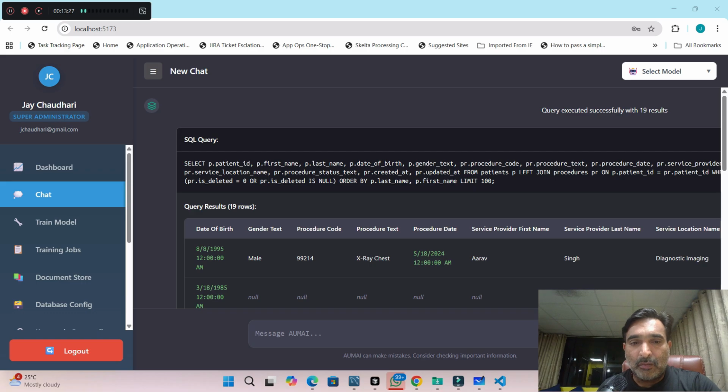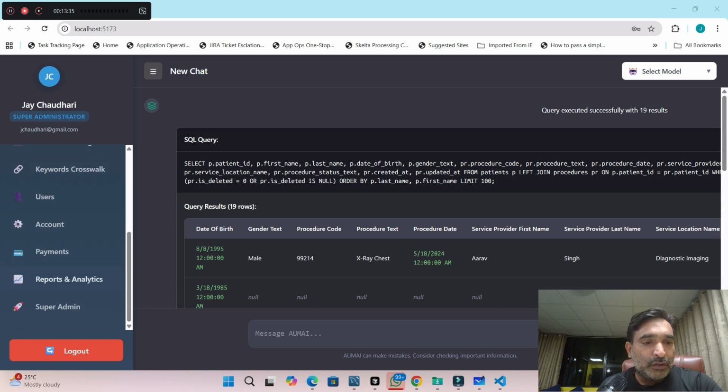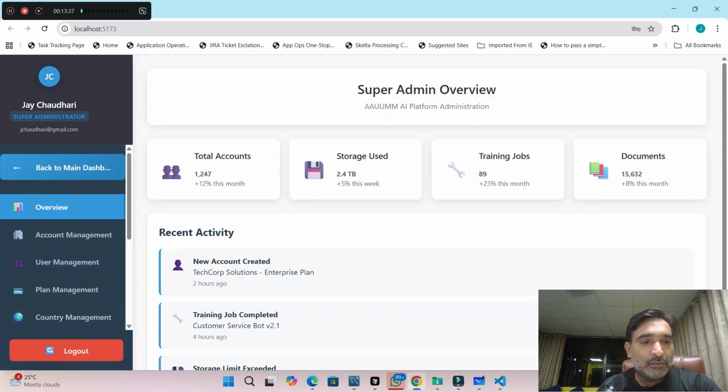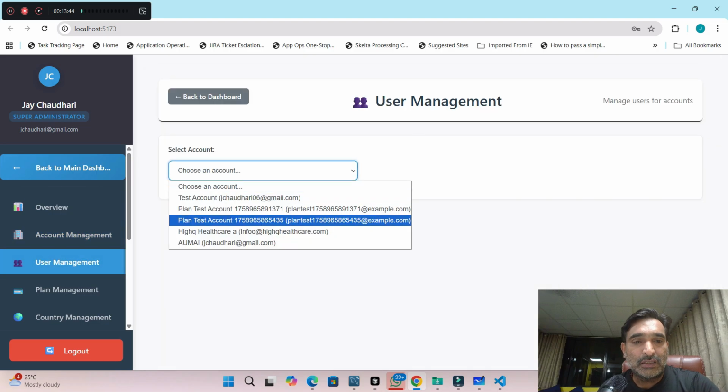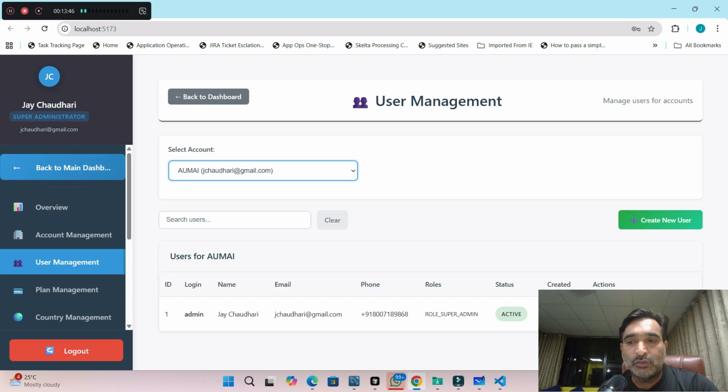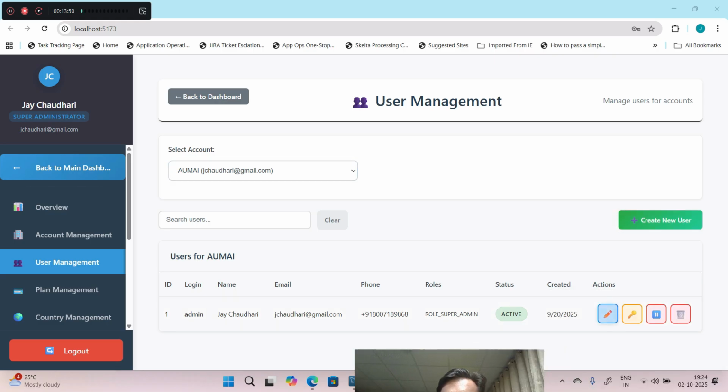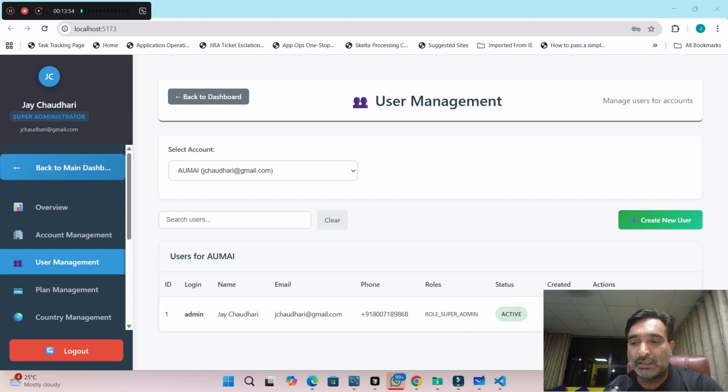And this is basically a combination of a lot of agents working together. Okay, so if you go to the super admin screen here, we can create different accounts for different clients, and then you have user management functionality where you can manage the users for that client. You can create new users, edit existing users, reset the password, and all the basic functionalities that